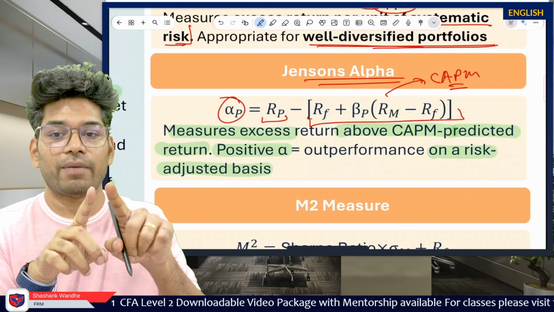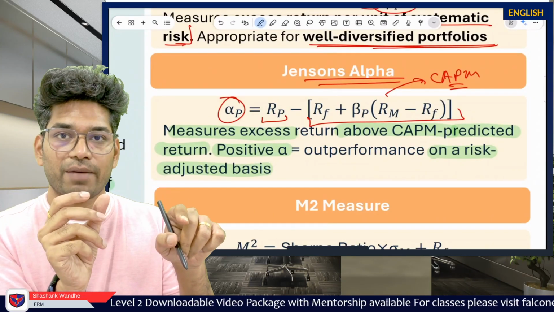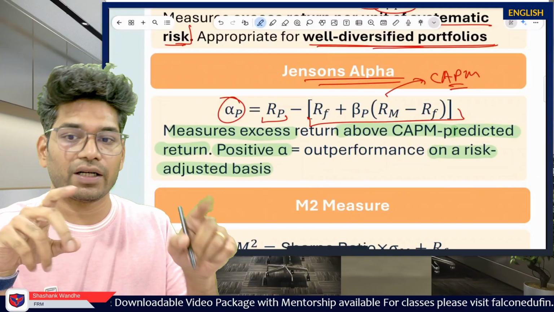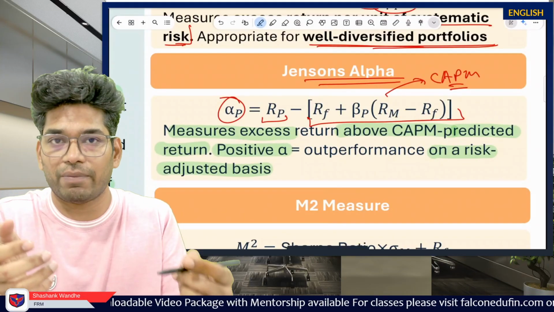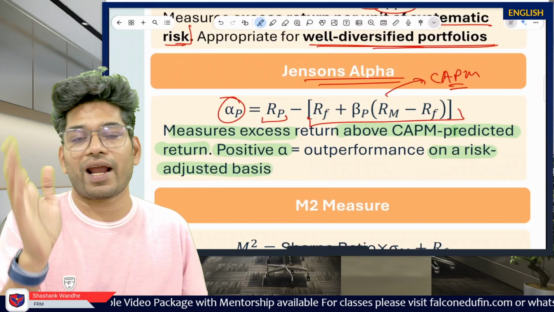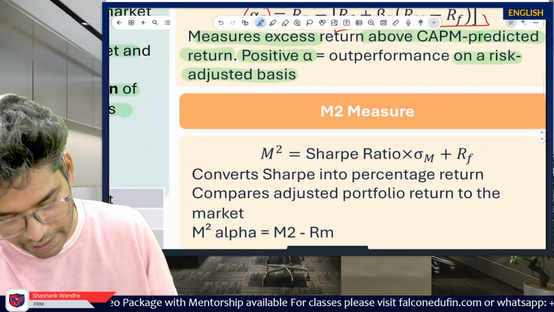Again, you don't have to remember the full term here. RP minus CAPM return. Remember this. And for CAPM return, you will anyway remember the formula. That is RF plus beta into RM minus RF. Right? And we will discuss it. Now,